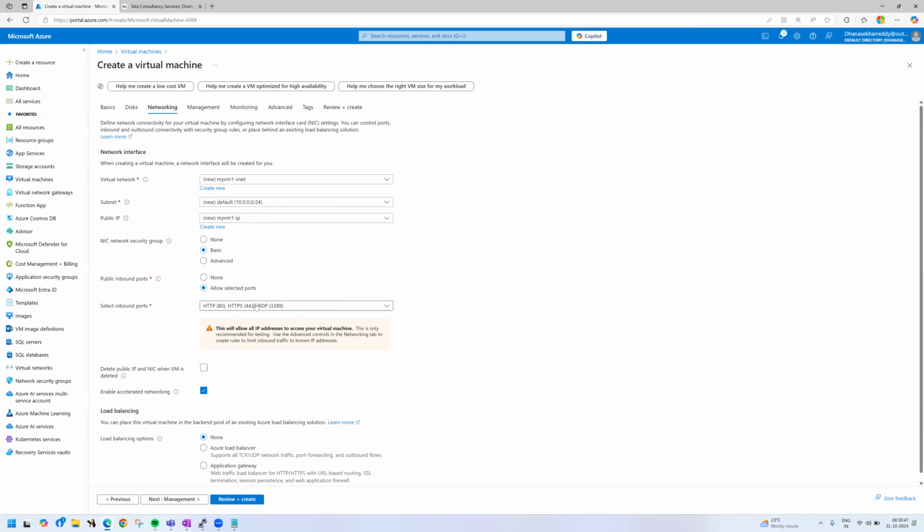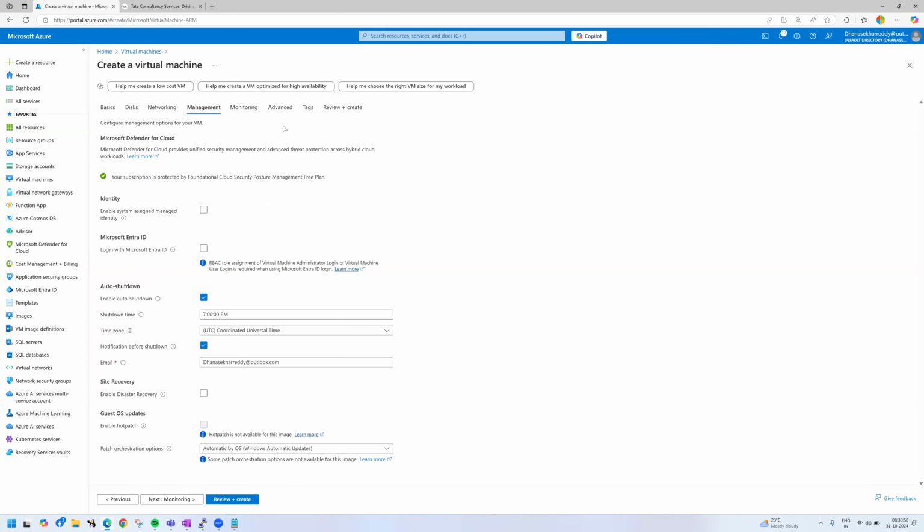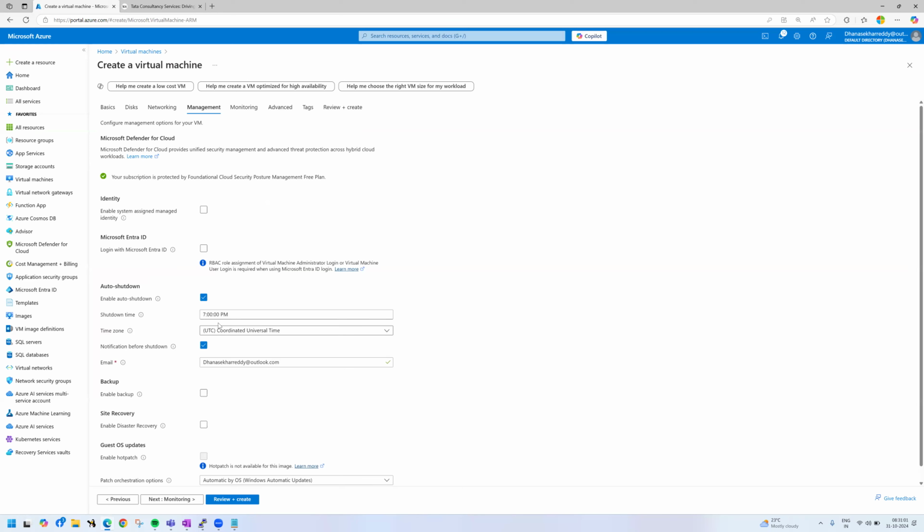Whatever ports we have listed, everything is applied here. See, 8443, and the other one is what? 3389 is for the RDP connection. Next, management. If you come to management, this is the cost saving